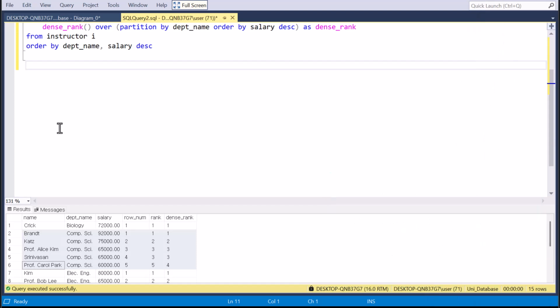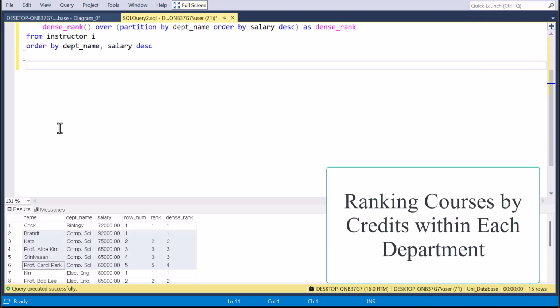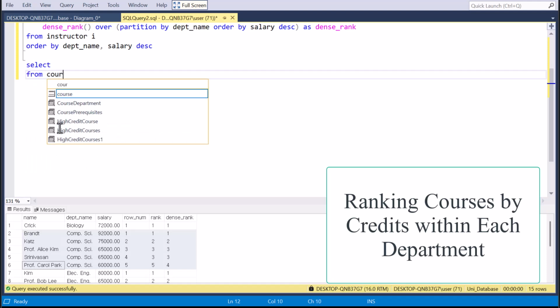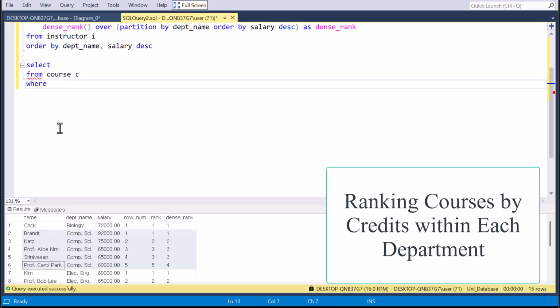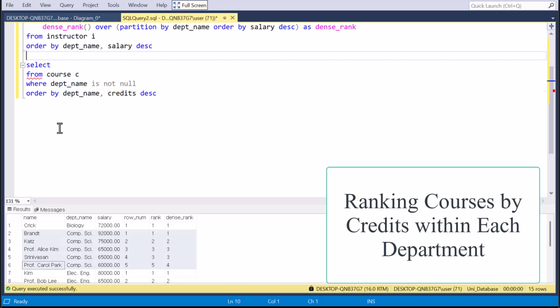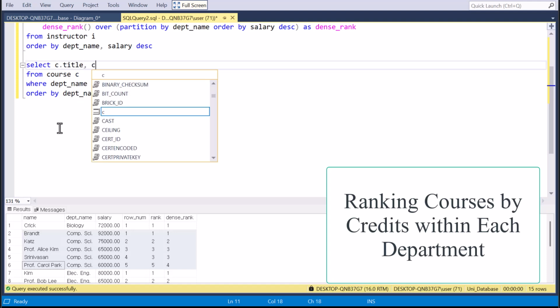The next example is ranking courses by credit within each department. I want to write a query which ranks courses by the number of credits within each department, right? So select from course as C. Also here I can add that department name is not null, right? And then I will order the total result based on department name and credits in a descending mode, right? So here, what I'm interested in, C.title, C.department name,